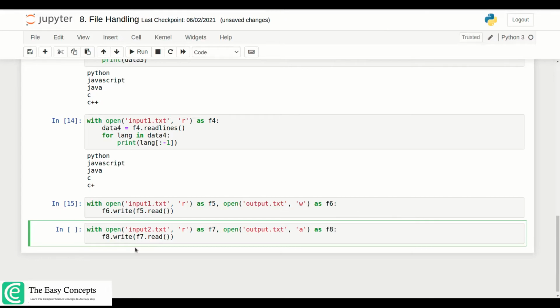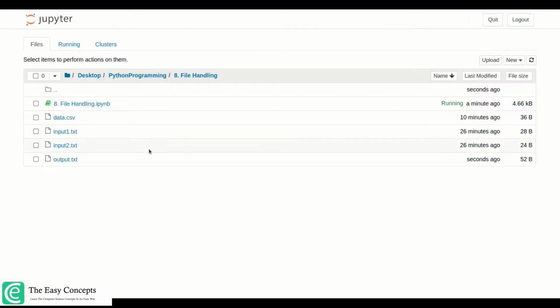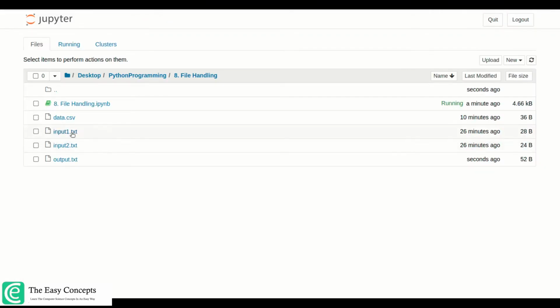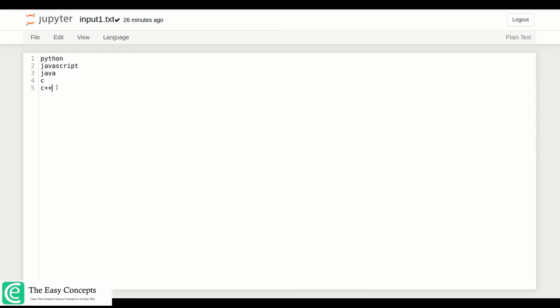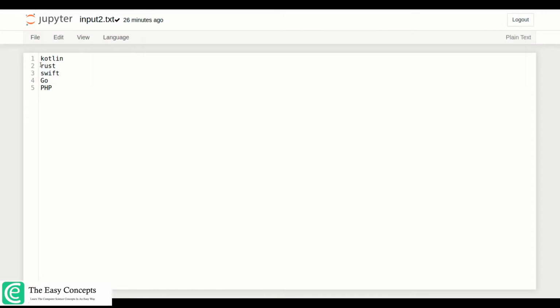So let's execute it. We have executed it. Now we have output.txt. You can see we were having these five languages already there, and now these five languages are written. The only thing that is looking weird here is that after C++, we were expecting that we'll get a new line and then we'll have Kotlin, but there is no new line.